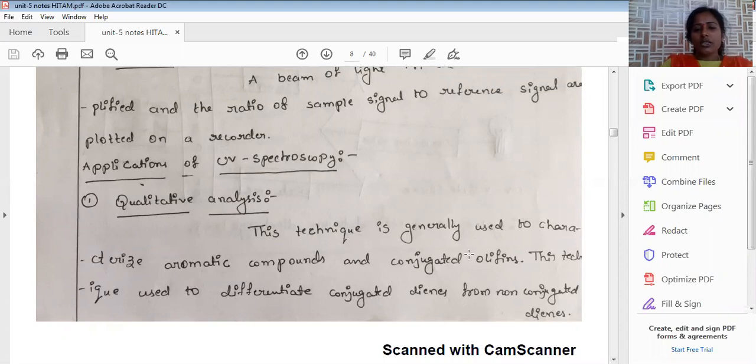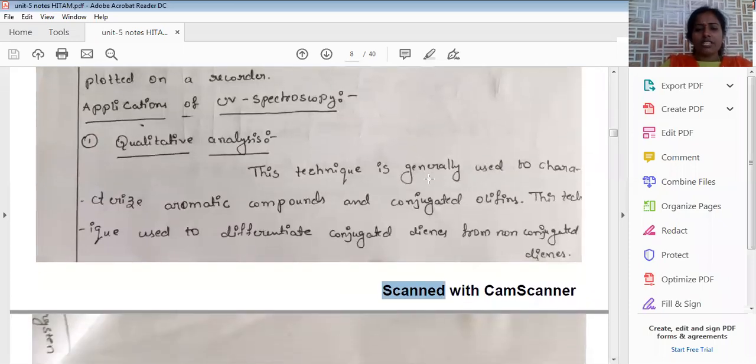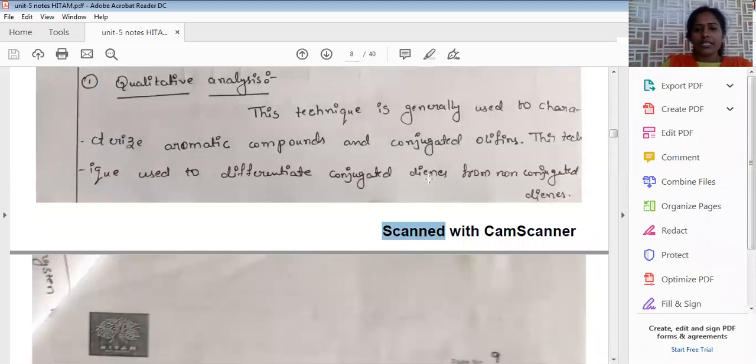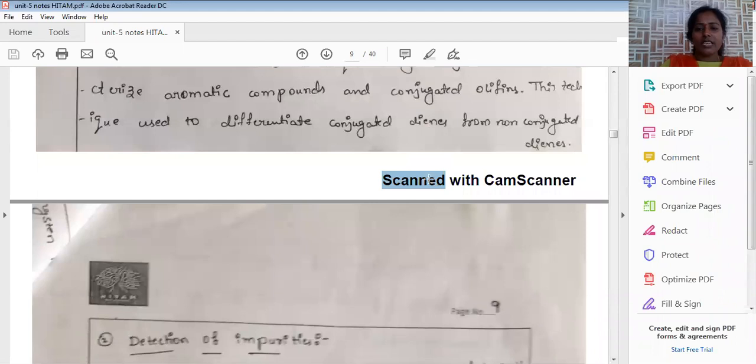A conjugated spectrum will give the signal at a particular region. As the conjugation increases, the amount of light absorbed will be reduced because of high delocalization of electrons. So this is an important tool for the identification of conjugation present in the given compound. That's the reason why the major application of UV visible spectroscopy is determination of conjugation. Not only conjugation, but also whether the compound is aromatic or non-aromatic, we can identify by using their signals.